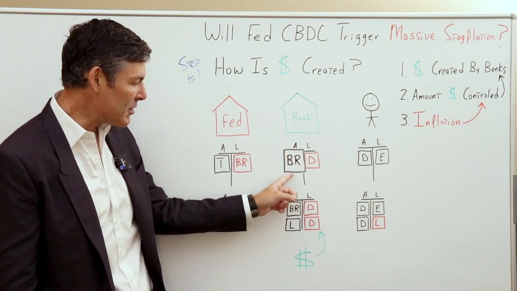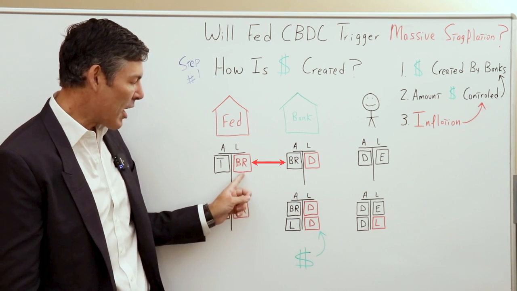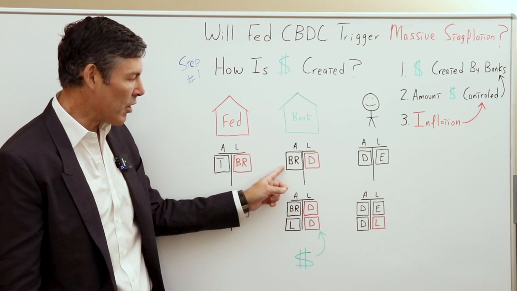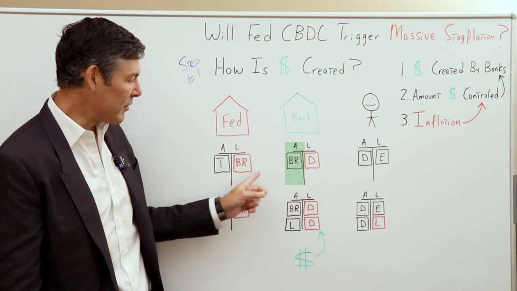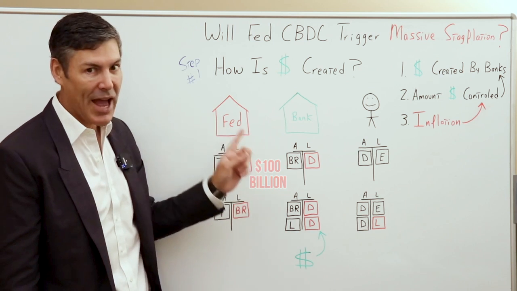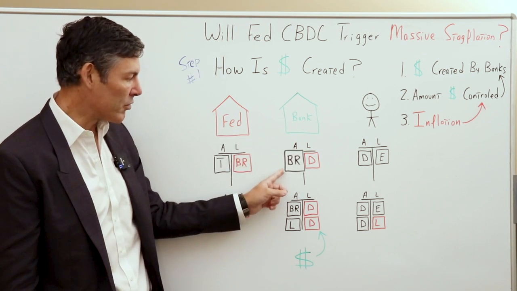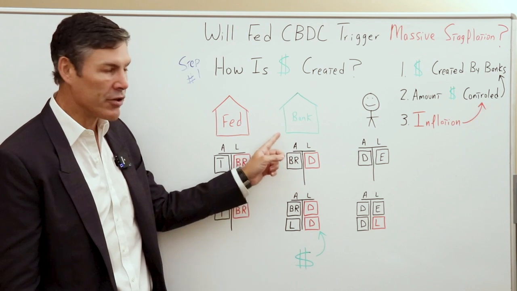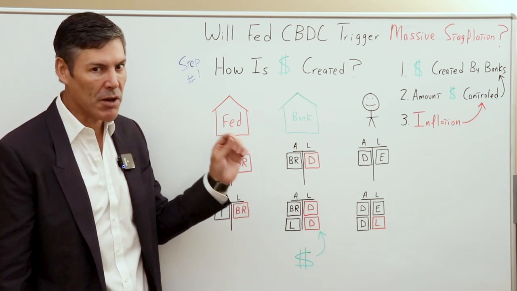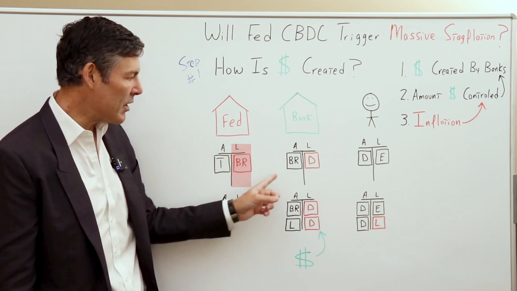So although I have them in different colors, these are the exact same thing. I just made it red over here because it's a liability and black over here because it is an asset. But let's say this is $100 billion worth of bank reserves. It's the exact same $100 billion of bank reserves as assets on the commercial banking system's balance sheet. So just to reiterate, because it's very important you understand this, the bank reserves are liabilities of the Fed, assets